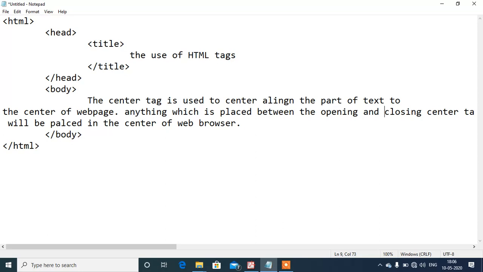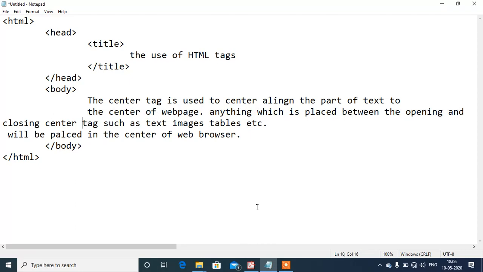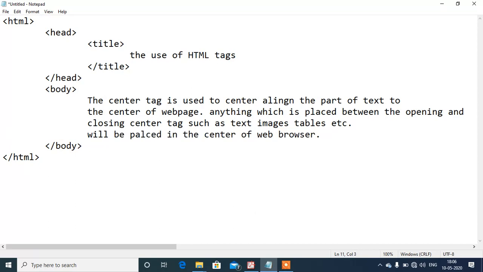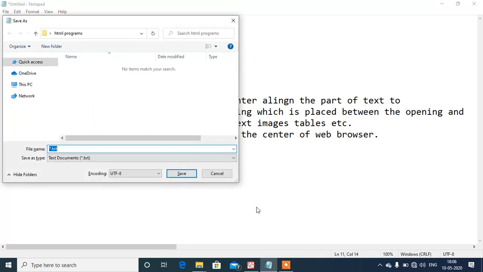One thing that you have to remember always, whatever formatting we do in HTML while writing the HTML program is not going to be reflected in the web page. I am saving it as use of HTML tag dot HTML.